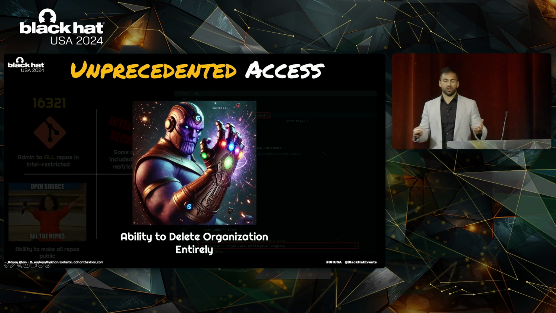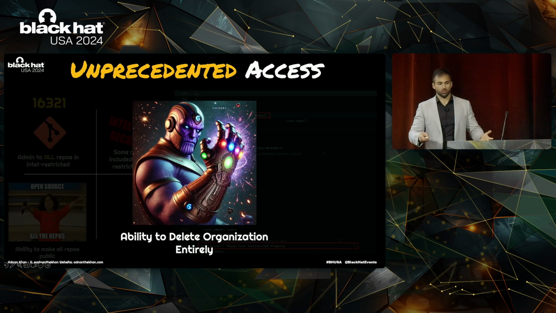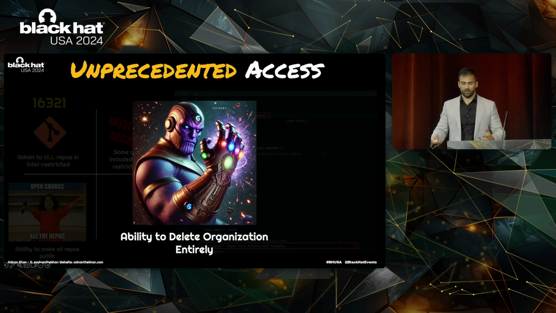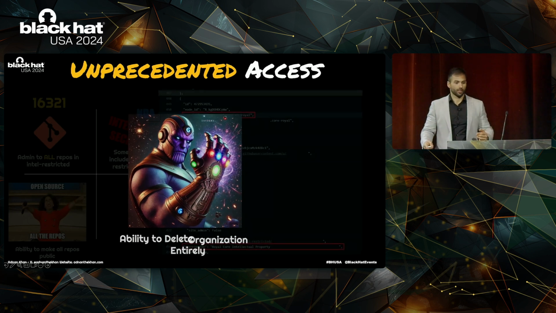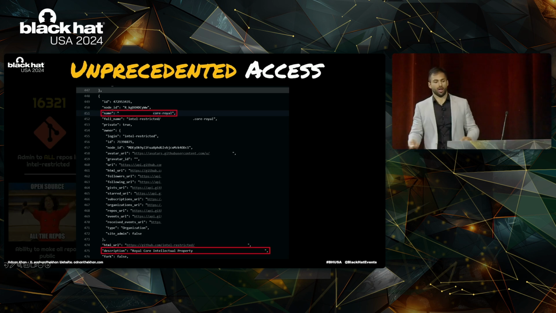Or if someone just wanted to cause damage, they could issue a single delete API call and just delete the organization. This would cause a cascade of effects, with all the repositories being lost. Yes, it's likely that with the help of GitHub support, they could be restored, but the loss of integrations and loss of developer productivity would cost a lot of money. Some of this source code that it had access to was highly sensitive. Here, this is a repository holding the intellectual property and chip designs for Intel's upcoming Royal Core x86 architecture. So this is definitely not something you'd want to get in the hands of an unauthorized actor.